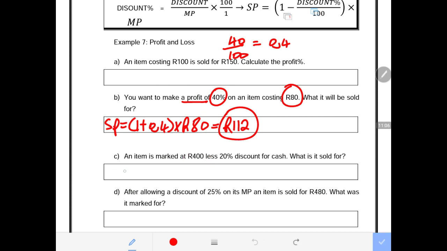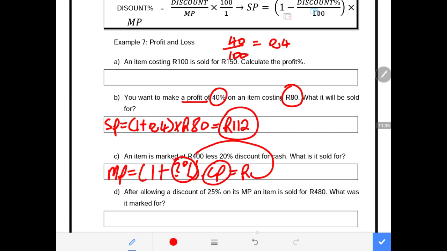In other words, we would have calculated our marked up price by saying MP is equal to 1 plus a percentage that we don't know, but we would have added the percentage. Then we multiply this by the cost price, and this will give us the marked up price of 400. But we don't know the markup percentage, and we don't know the cost price. But we know that the marked up price for this item was